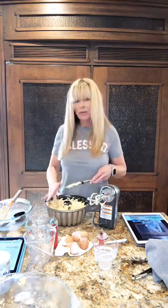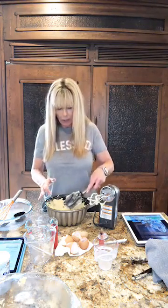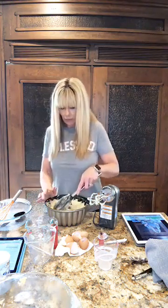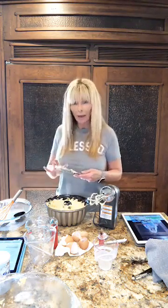English muffins, if you guys ever made that. And sometimes I'll mix those up. What I'll do is I'll take the dry ingredients and I'll put them in a Ziploc and then put them in another container so they stay nice and fresh. And that consists of flour, baking powder, almond flour, coconut flour, and salt. And you're just gonna put that in a Ziploc bag. And then, you know, so it's ready to go, and you literally cook it in a coffee mug in your